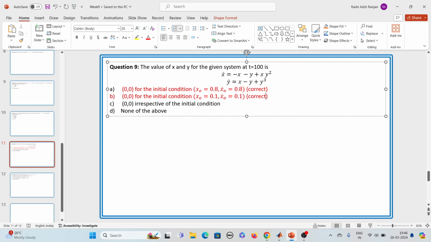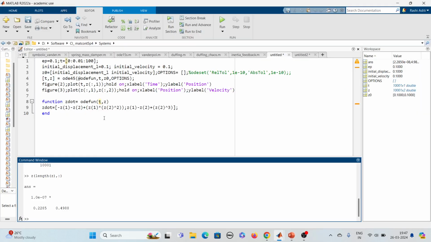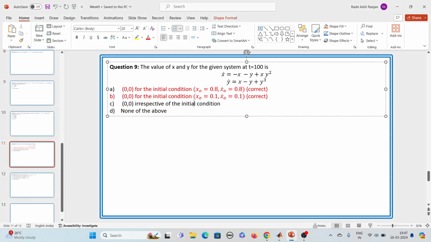Correct. Now coming on to C. My C is saying that it will be 0, 0 irrespective of the initial condition. Now this is a very big claim. How can I say that it is 0, 0 always? It is 0, 0 always if my 0, 0 is a stable fixed point, right? But if you remember this equation, I don't know whether people remember this or not, but this equation is the one which I